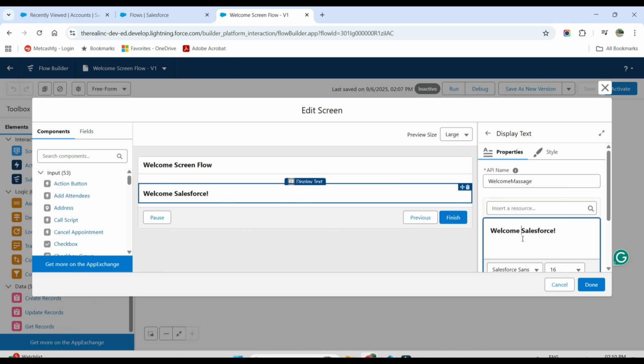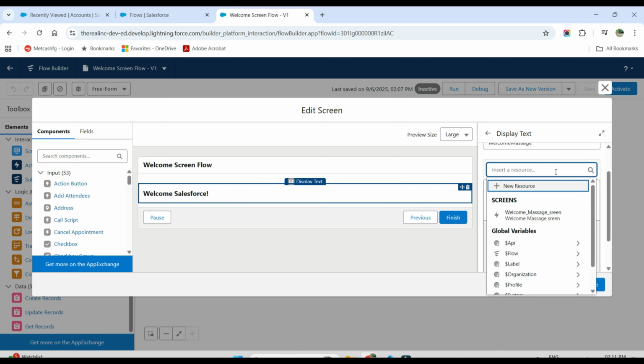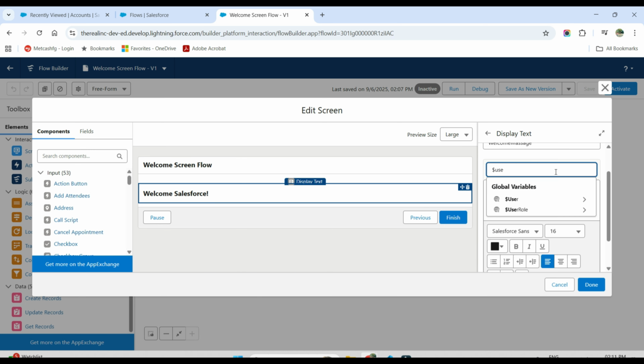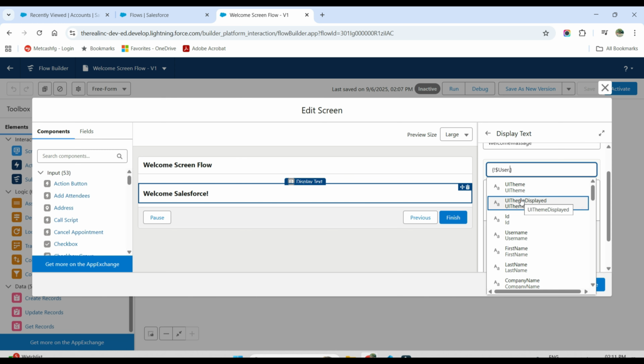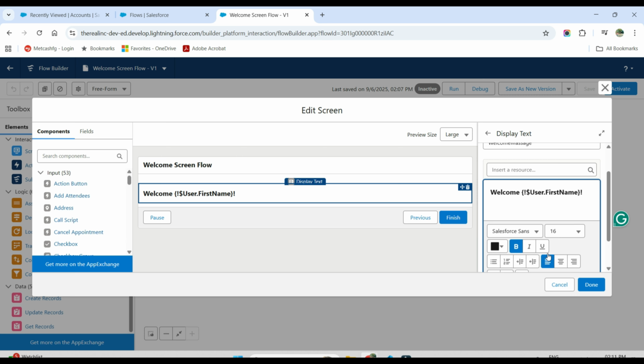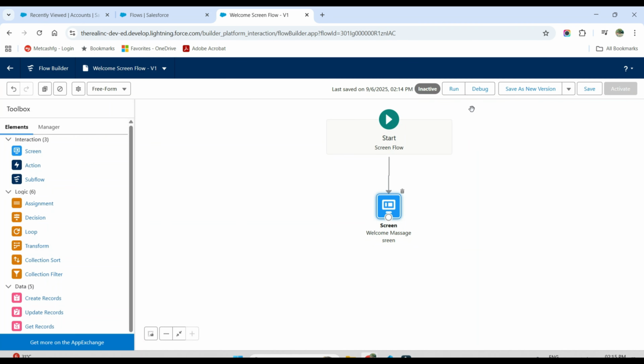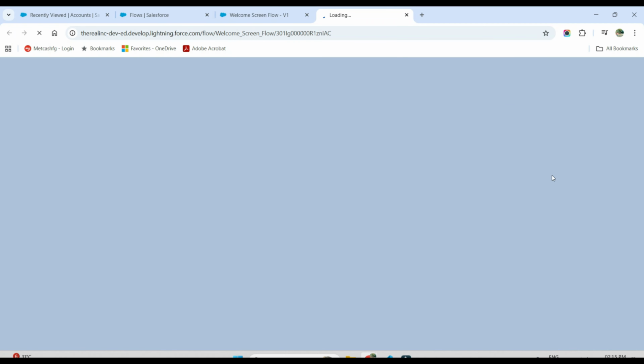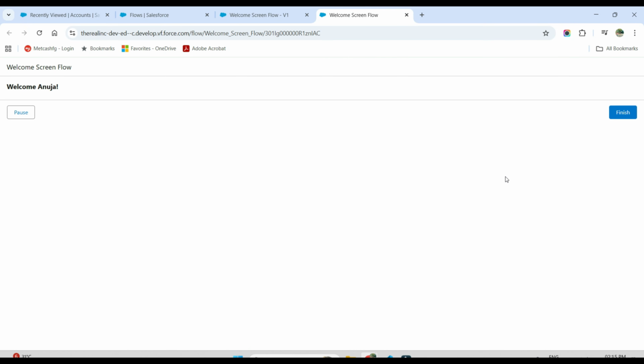So now I will edit my display text and write welcome, and I will type user first name. Okay, and click on done. And now let's run the flow again. And look at that. Instead of just saying welcome to Salesforce, now it's saying welcome Anuja. Feels good, right? Your user will feel special seeing their own name pop up every time. That's the power of